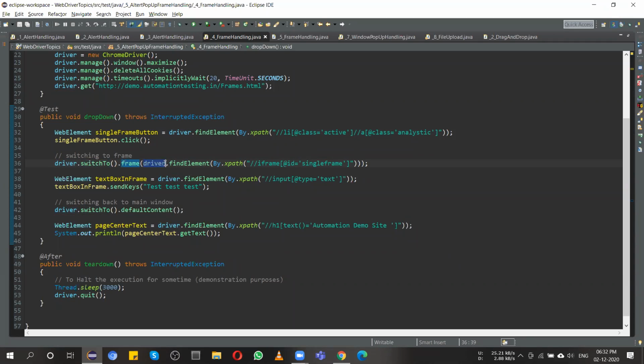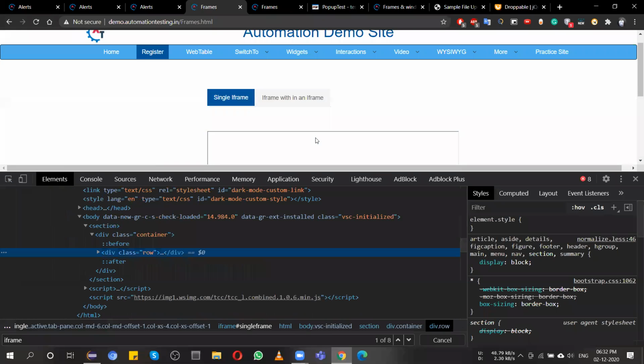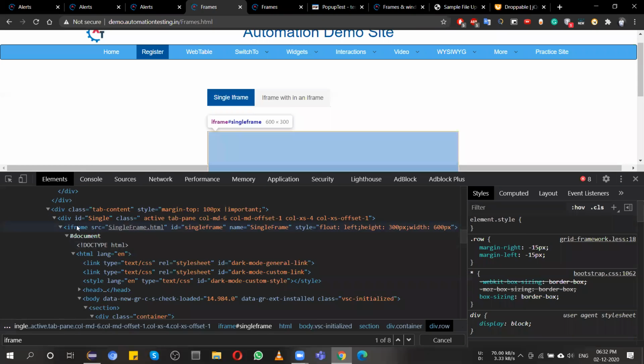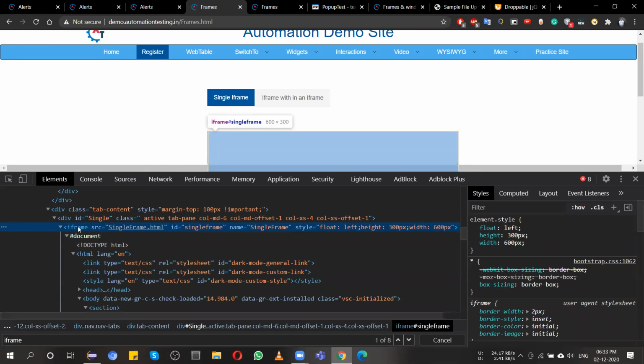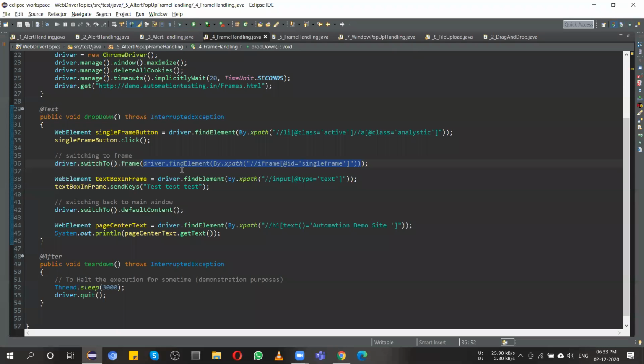Then inside this particular frame, this method will take as an argument that frame as a web element. Okay, so you have to find out the web element for this particular frame. So how will you find out this web element? You have to go over here. Okay, then I just moved one step above. Here id is available. Okay, so I just simply copy this XPath, or you can even just